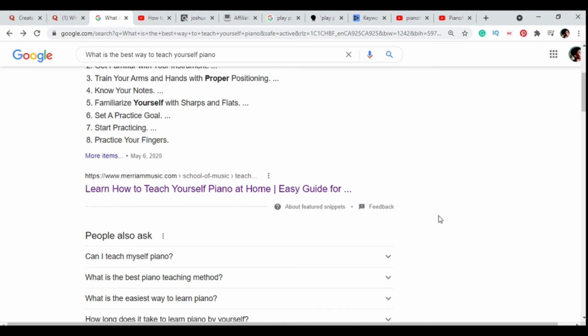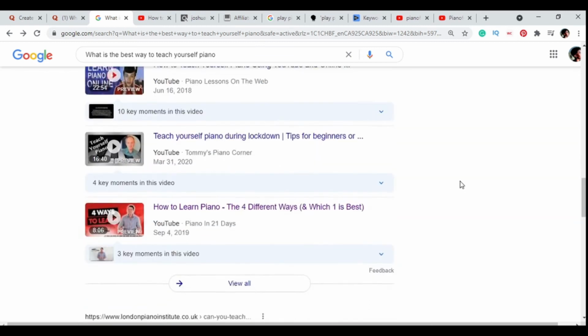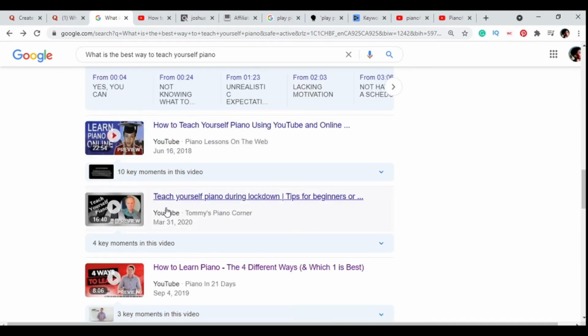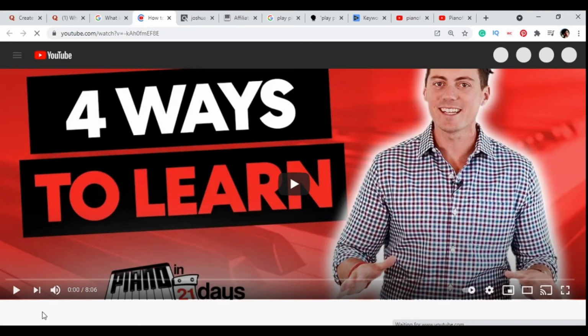You don't need to have 1,000 backlinks. You don't need to own a website. You can use a free website. Just write this article and give valuable information. Another way you can find out more about the topic is by watching the videos that are already showing up here. And speaking of video, you can head over to YouTube and choose any video that's ranking for this very keyword. This person is talking about 14 ways to learn.